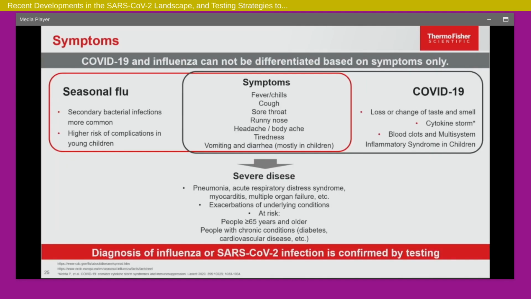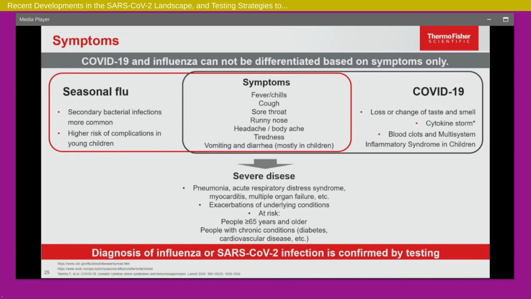As far as symptoms are concerned, when I started putting this slide together, it looked quite similar. In a lot of ways, the symptoms are quite similar. They all come with fever, chills, cough, body ache, classic viral symptoms. And quite a lot of people will go on to severe disease. They will have pneumonia. People with predisposing health conditions or greater than 65 will have a severe condition and a little bit worse prognosis.